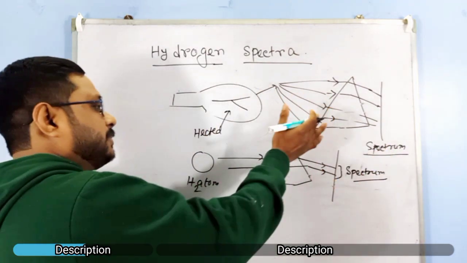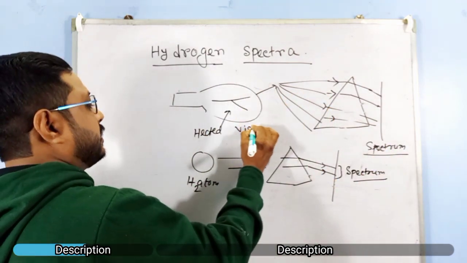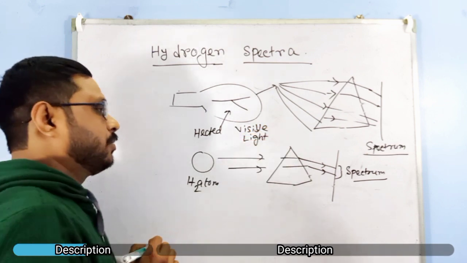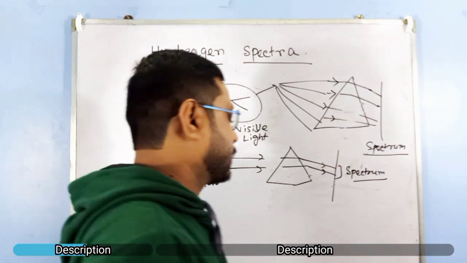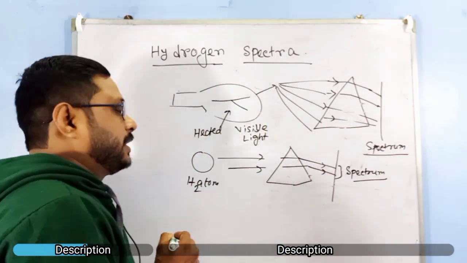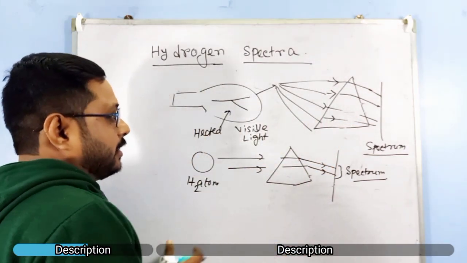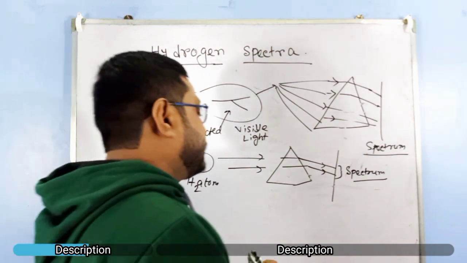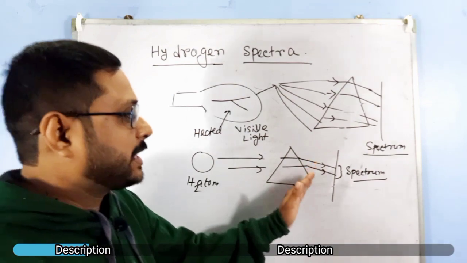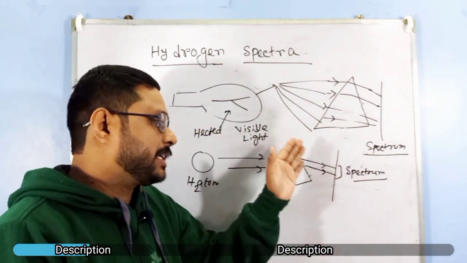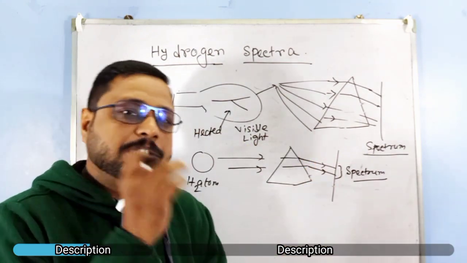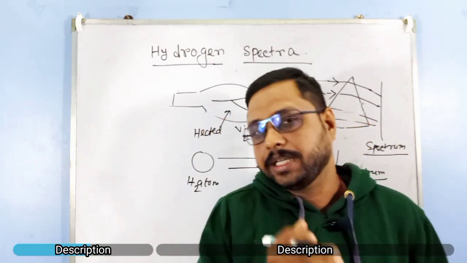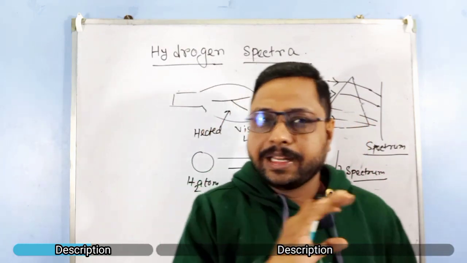But what is the difference between the visible light spectrum and the hydrogen spectrum? What is the difference between normal light and the hydrogen spectrum? Now it is found that in the hydrogen spectrum the wavelength has some specific values, that they are discrete, they do not take any continuous value, such as